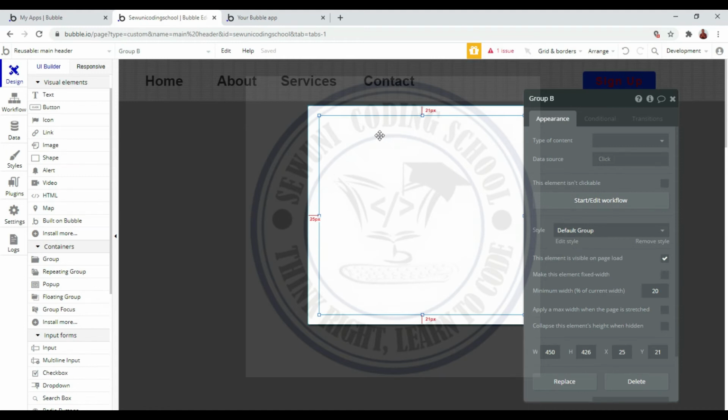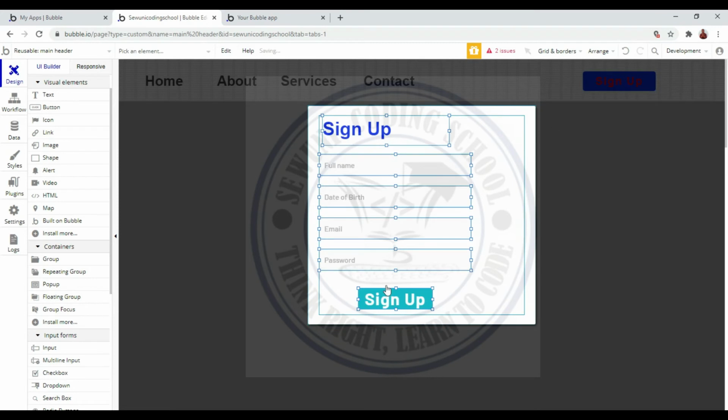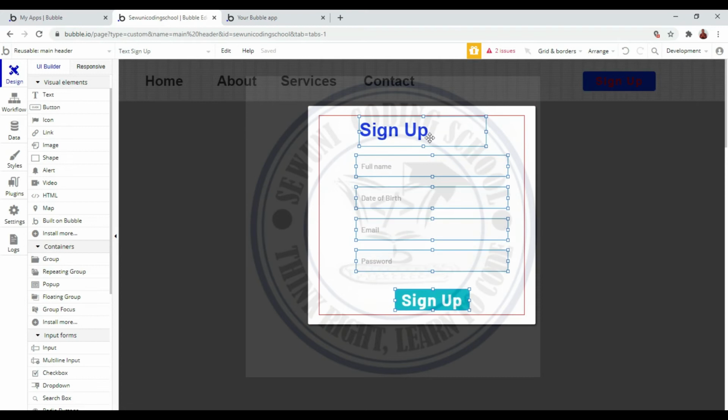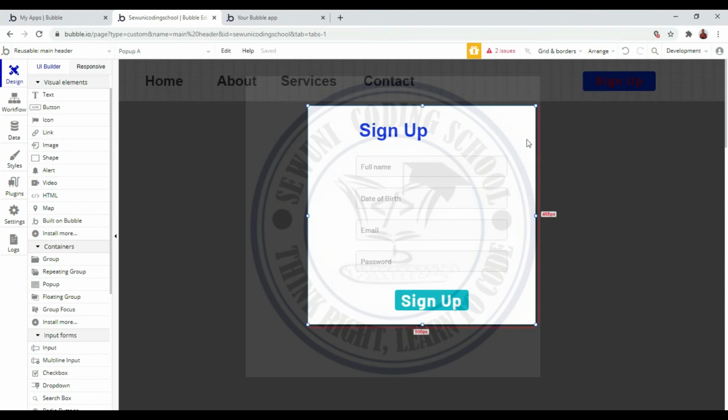Now when I'm pasting the element I copied, I'll right click and choose paste with workflow. I don't want to just choose paste or control V. I want to paste with the workflow. Now I can arrange it to fit inside my group this way. Alright, so this is what I wanted to do, so that when this button is clicked, this sign up form pops up. After pasting it here, the next thing to do is